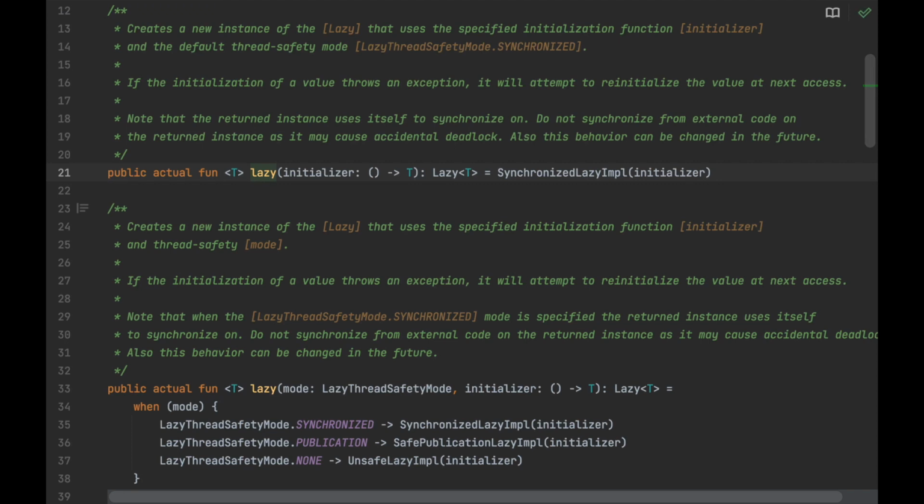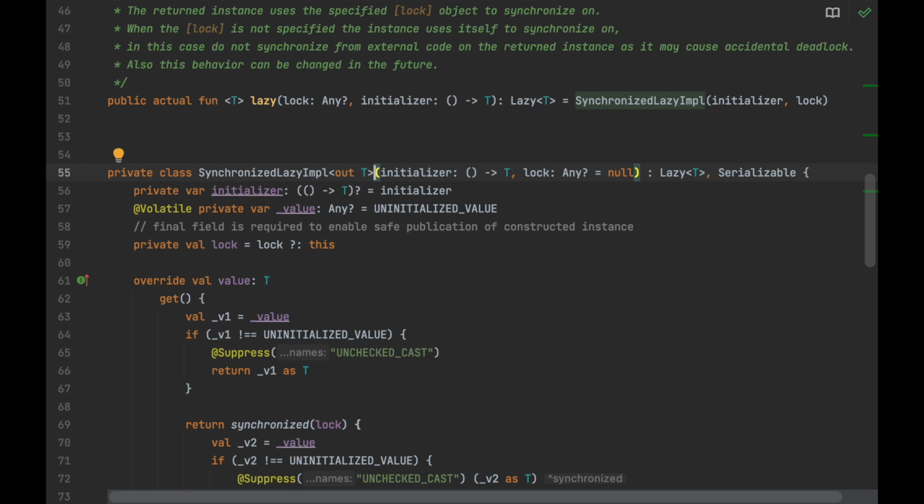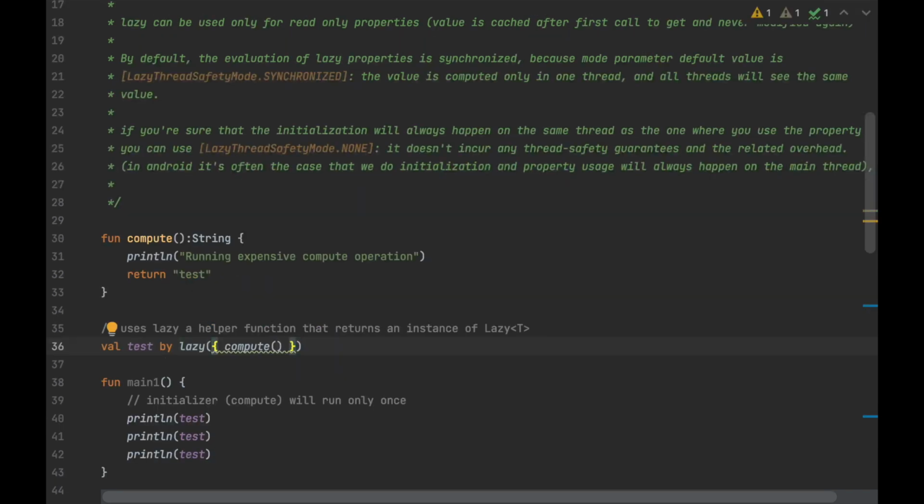Let's actually take a look. So we can pass only the initializer, and that's what we are calling here. What that would mean is that this synchronized lazy implementation will get called. And this is the version that synchronizes on a lock to make sure the initialization happens only in one thread. So if you want to change that, then you can pass mode and say